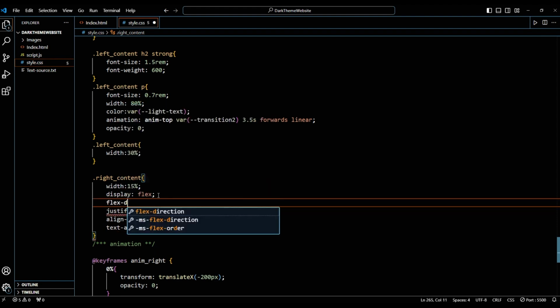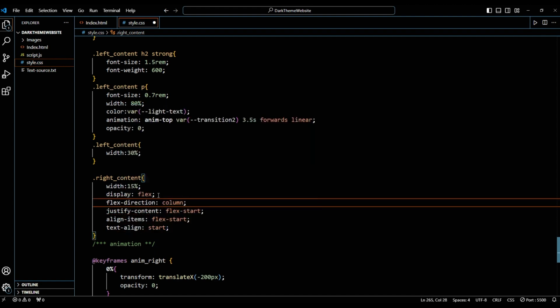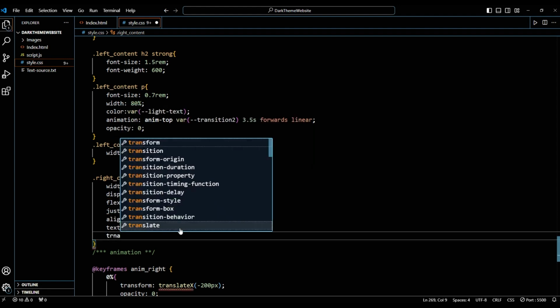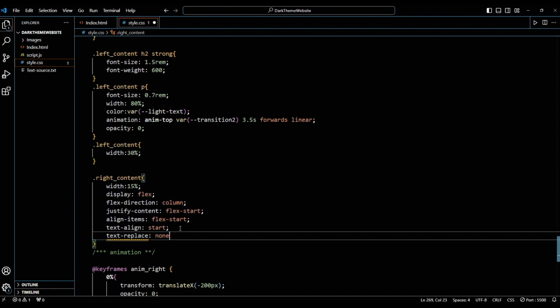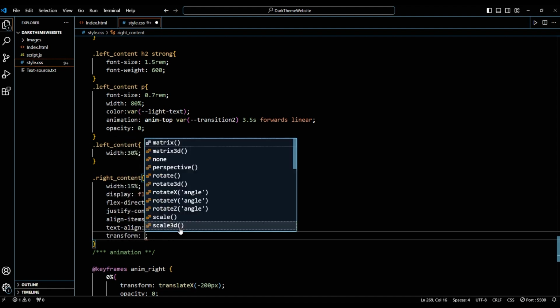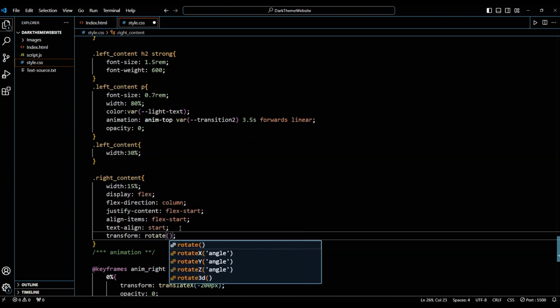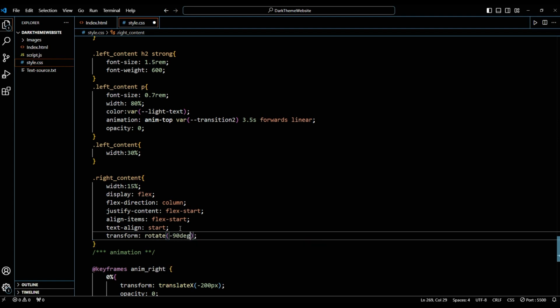Flex direction column and transform. So the right content actually